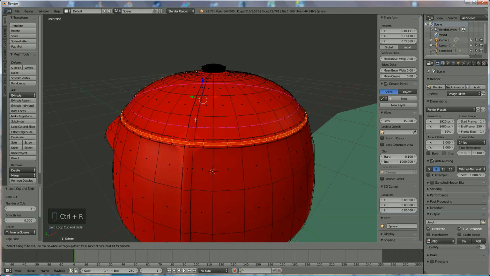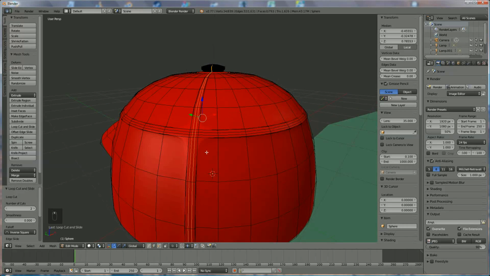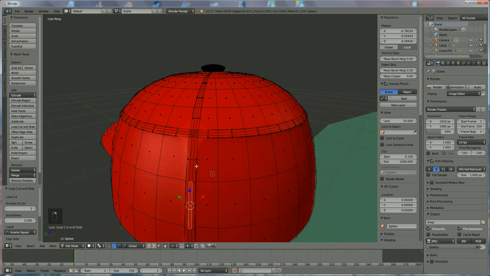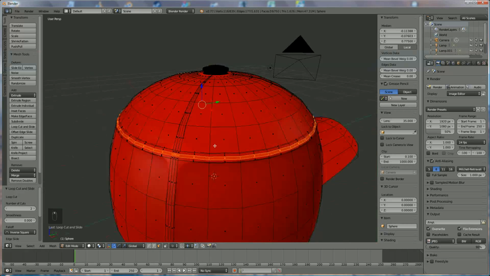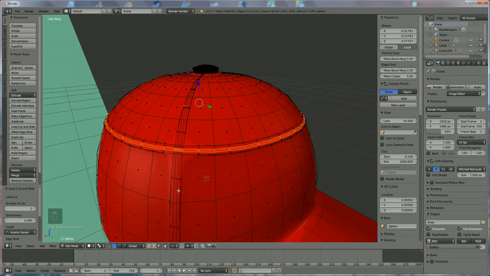So Control R again, sorry. I'm going to have to do it again. Just click on that one, hold down the Shift Alt button, click on the horizontal one, the vertical one, while holding down Shift Alt. I was touching Control Alt, of course. I'll do the same, Shift Alt and Shift Alt,